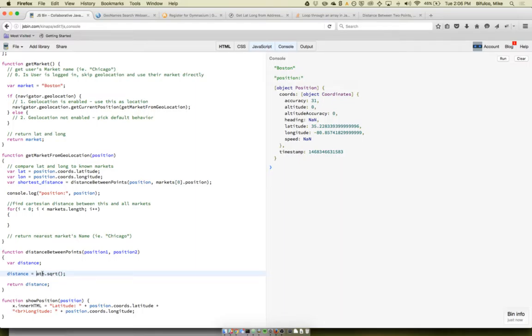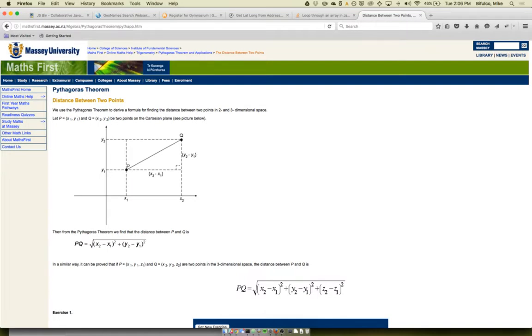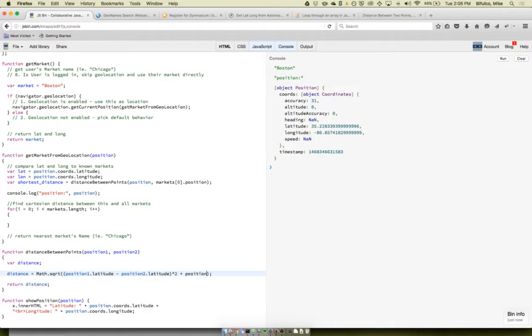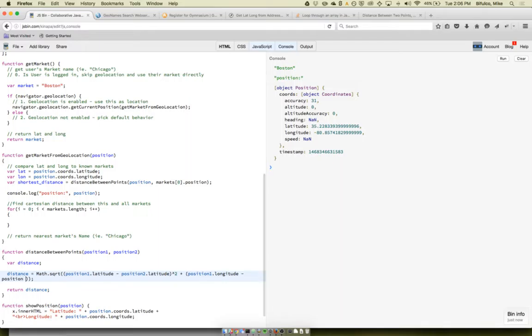Math with a capital M. So grab the square root of position 1 dot latitude minus position 2 dot latitude squared, then plus position 1 dot longitude minus position 2 dot longitude squared. Okay, so